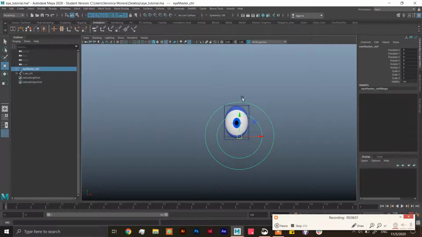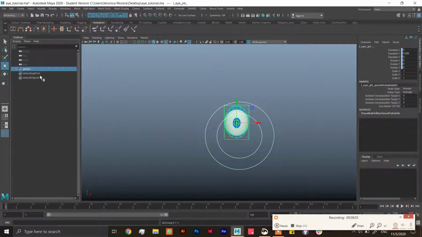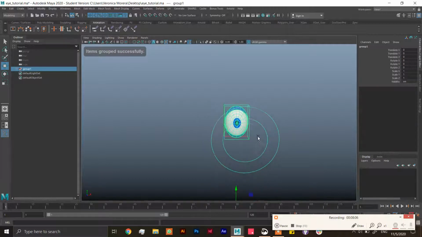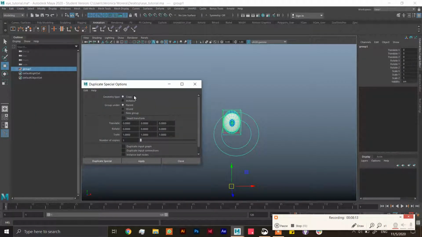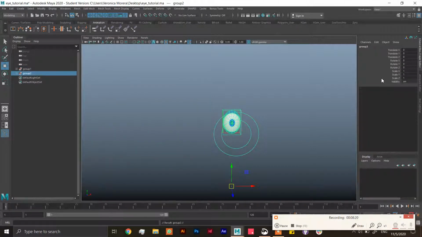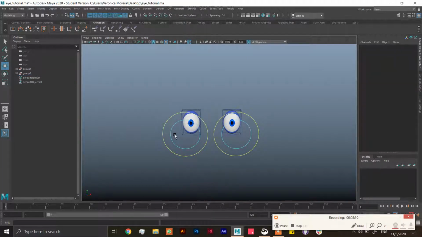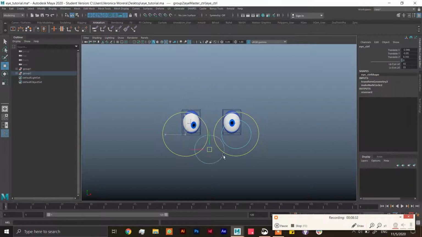If you want to duplicate this, you can do some stuff. You can group this like that and go to edit, duplicate special, like everything the same, and duplicate input graph, and just put -1 and move it here. The good thing about using the input graph is that everything is going to work exactly the same. If you check in here,